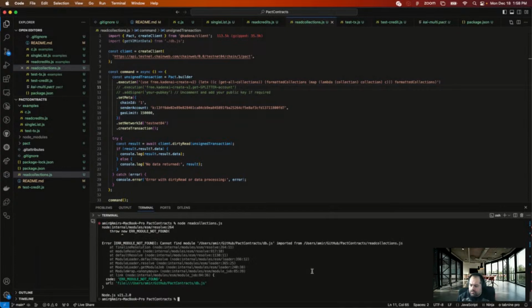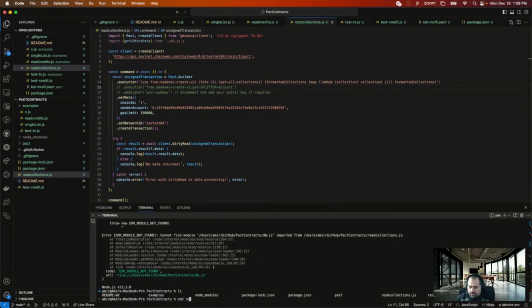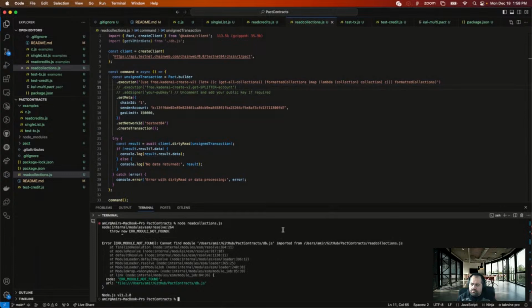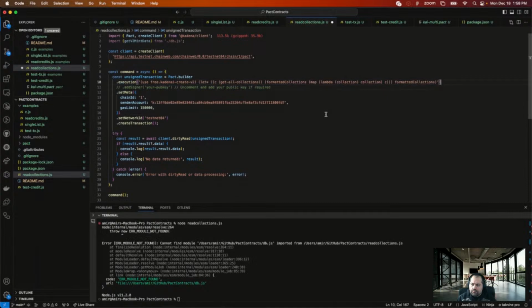Read node. This literally just worked like a few minutes ago. What do I care?